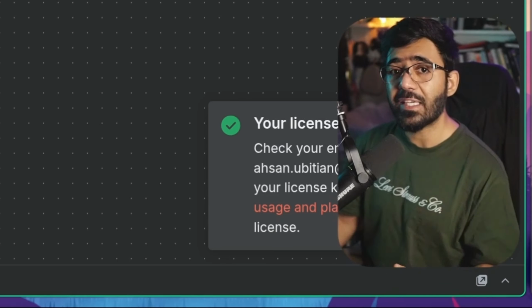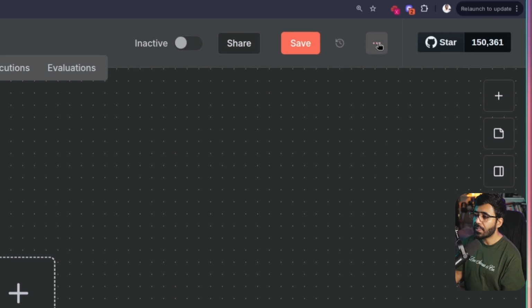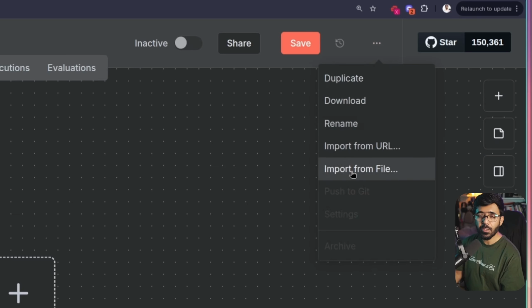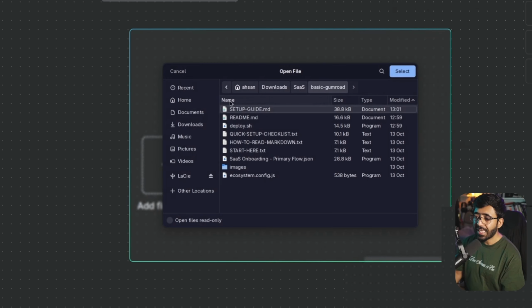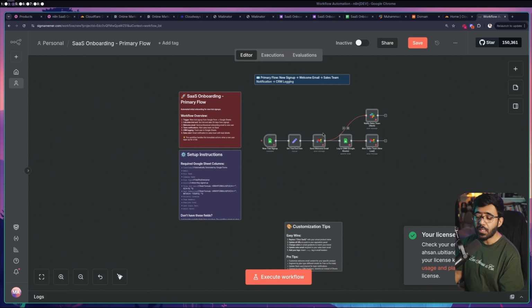So this is amazing. Anyways, now we are going to click these three dots, and here you should be able to see something called import from file. When you click this, now you can basically take from your downloads or the Gumroad file that you downloaded. You can see here we have this primary flow.json. Just double click it and it should be here, and you can see the whole JSON implemented right here, which